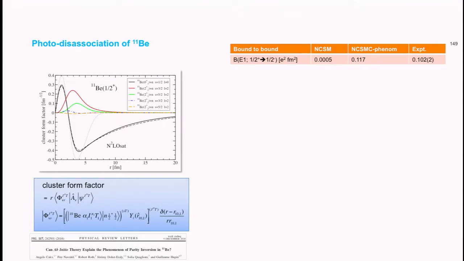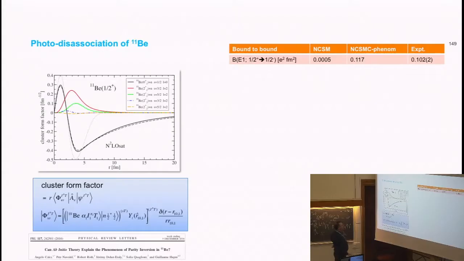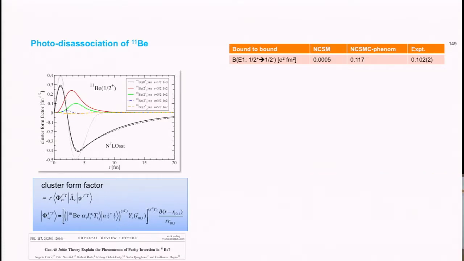So that's quite amazing if you take into account that the nuclear force range is something, I don't know, 5 or 6 Fermi. So in this first or second lecture, I showed you this potential, like the argon, and basically when you get to 3, 4, 5 Fermi, it's zero, or it's very tiny. But still, in the system, you have correlations between the neutron and beryllium-10 at 20 Fermi and beyond. So that is what is called the halo, that you have such a large extent of